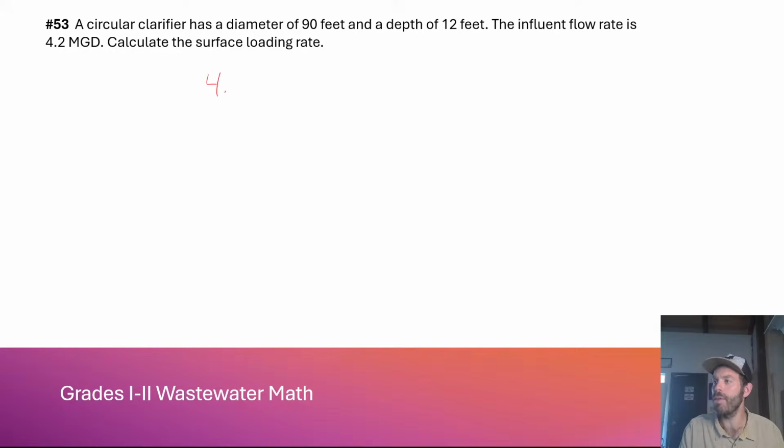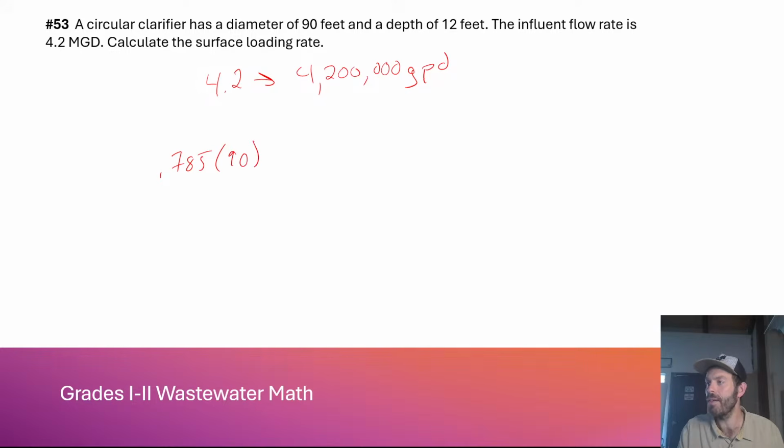So 4.2 mgd is 4,200,000 gallons per day. And the circular clarifier has a diameter of 90 feet and a depth of 12 feet. I do not care about the depth. I only care about the diameter. And so that's 0.785 times diameter squared, which is 90 squared. Plug that in your calculator. And that gives you